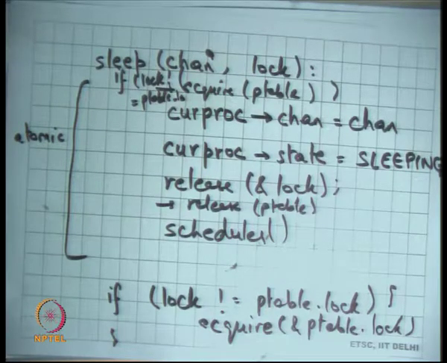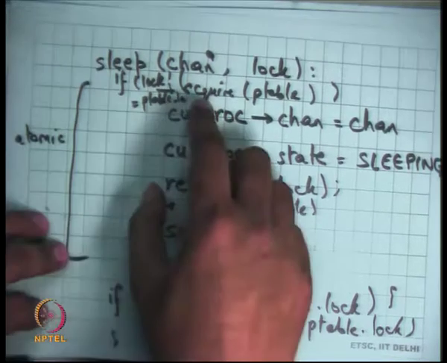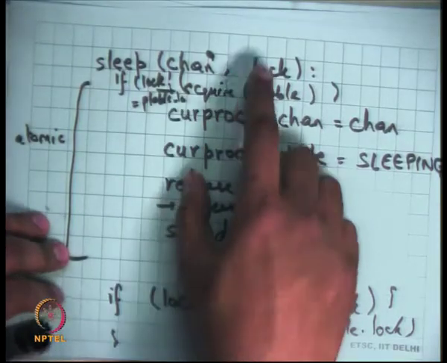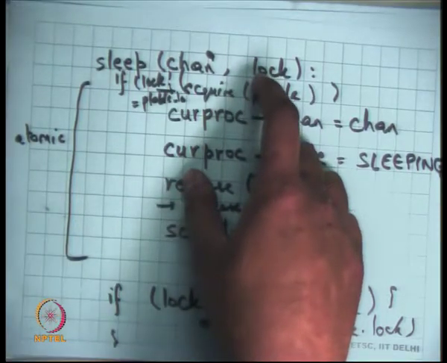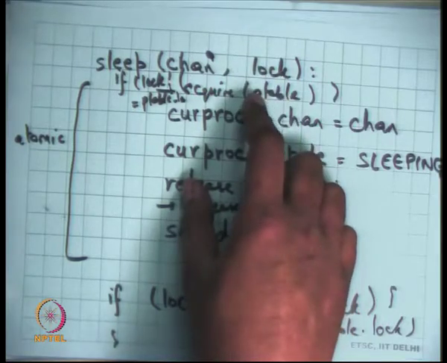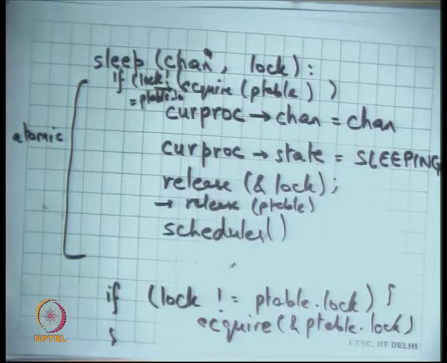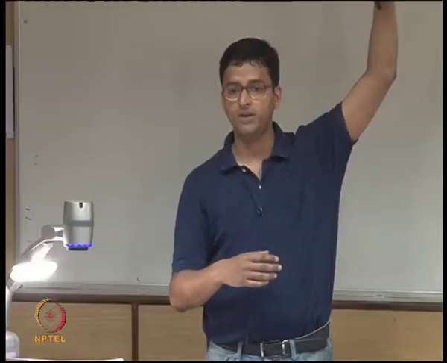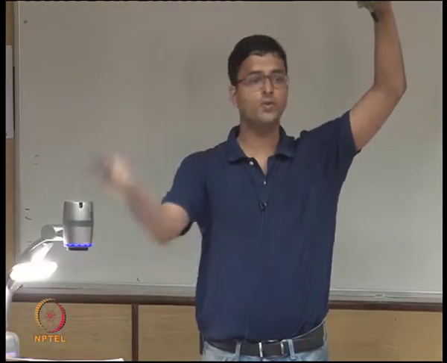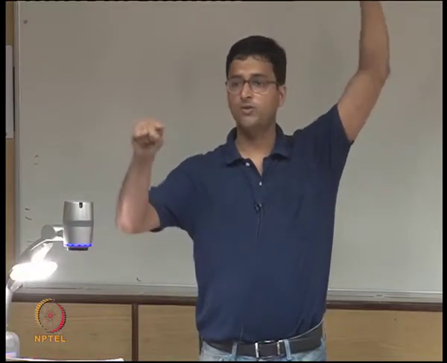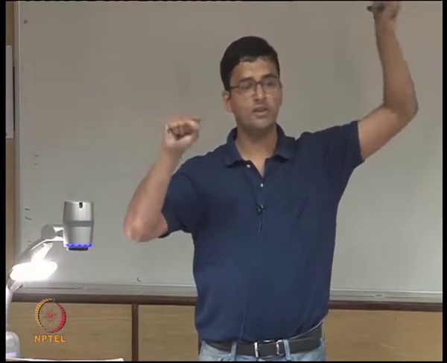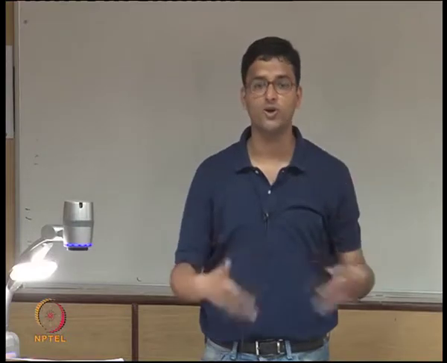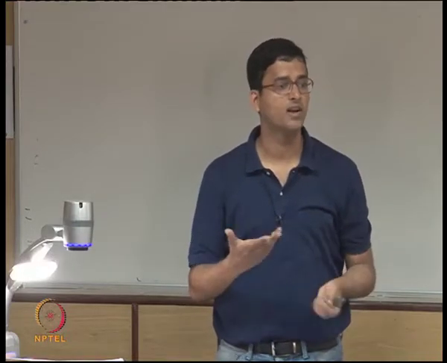Don't we need to worry about one more thing to ensure that there are no deadlocks? Order of acquisition of locks. Don't we see that there are two locks here? One is the lock that's already held before we call sleep, and another is p table dot lock. So there are two locks that are going to be acquired, assuming lock was not equal to p table lock. So the caller acquired a lock, then he called sleep. Sleep is going to acquire p table dot lock. So now you have two locks, and if there's any point you can hold two locks, you have to worry about the order. Otherwise, there can be a deadlock, right?